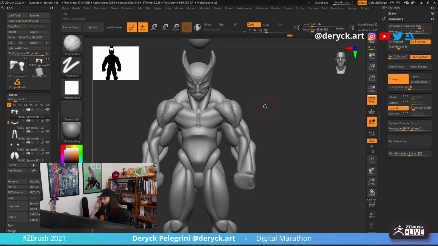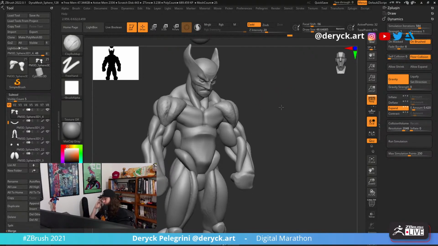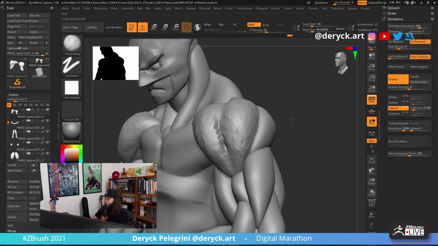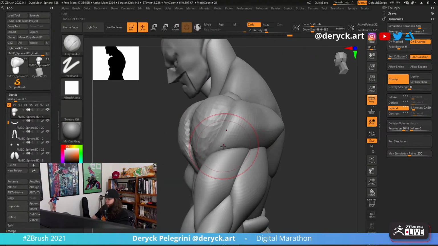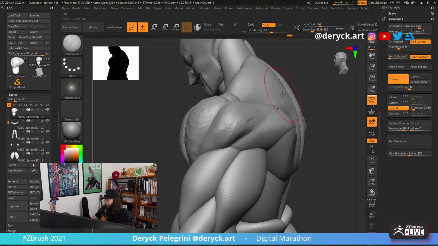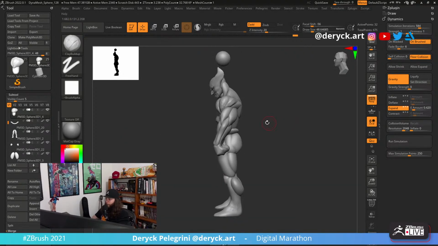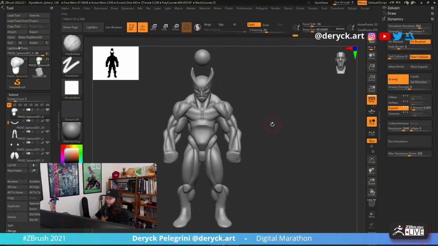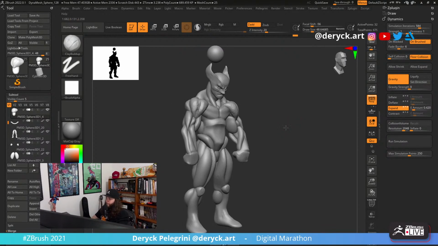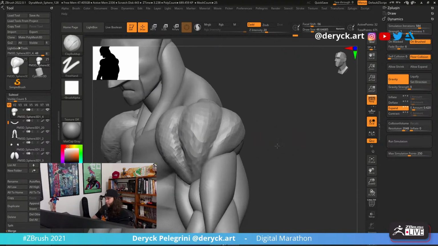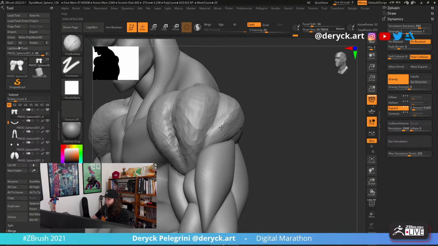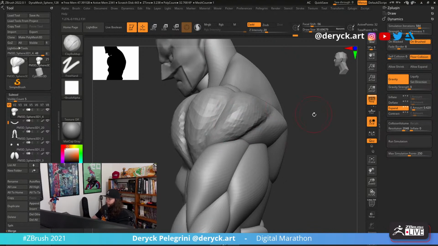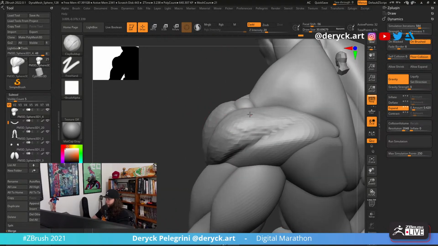So the model is basically already here. What I'm going to do now is just add some more information to the shapes. But the most important part is already done. That is the base and the structure and the first steps. Those are the most important ones. And again, I already showed a couple of times how to do this.